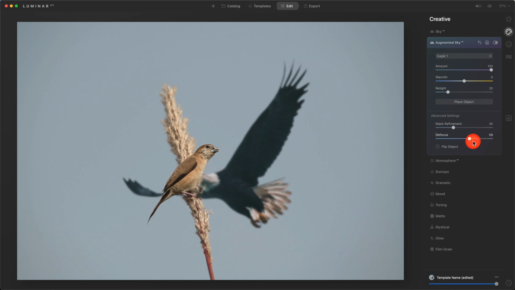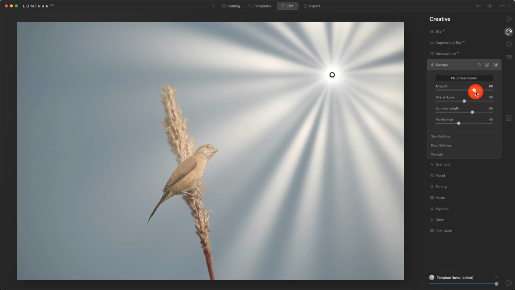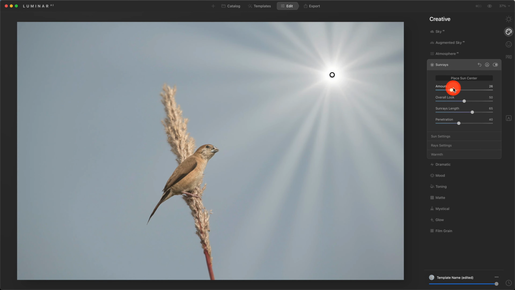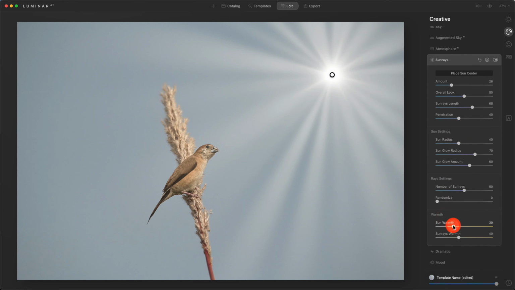Atmosphere has these options. Sun rays is very similar to as it was earlier. You can place the sun center. You can change the amount and how much it penetrates and so on. You have the sun settings, the rays settings, and the kind of warmth you want. So let's undo this,